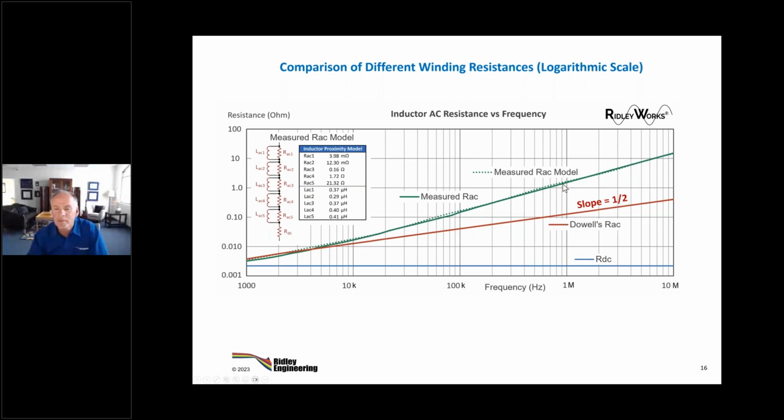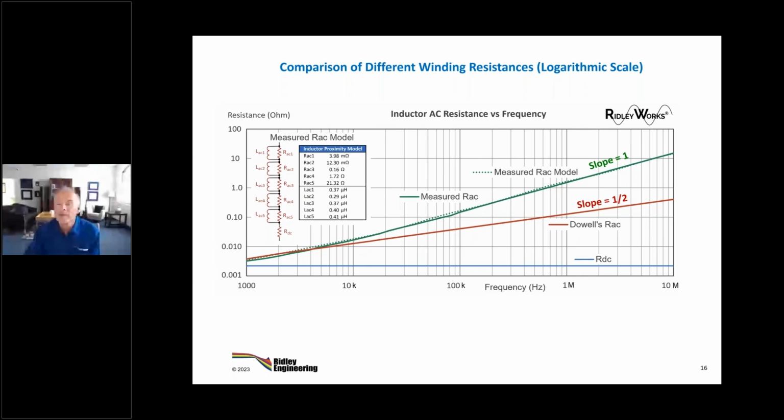And then the measured, which was really interesting, doesn't have this 1/2 slope. It has a slope of +1. I don't know why. I'm sure somebody out there knows a little bit more. We're going to figure out where this extra AC resistance is coming from in a moment. But the slope is 1, which was quite interesting to see. So yeah, intuitively, I don't really know, but I don't care too much at this point. Somebody might be able to fill me in later on.